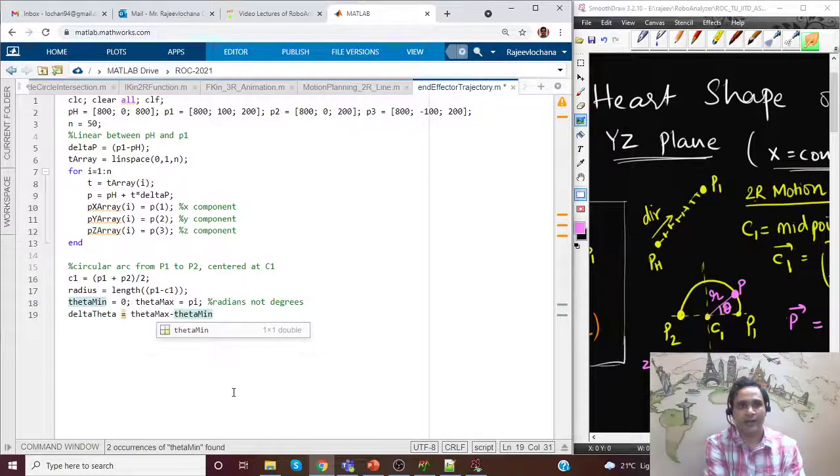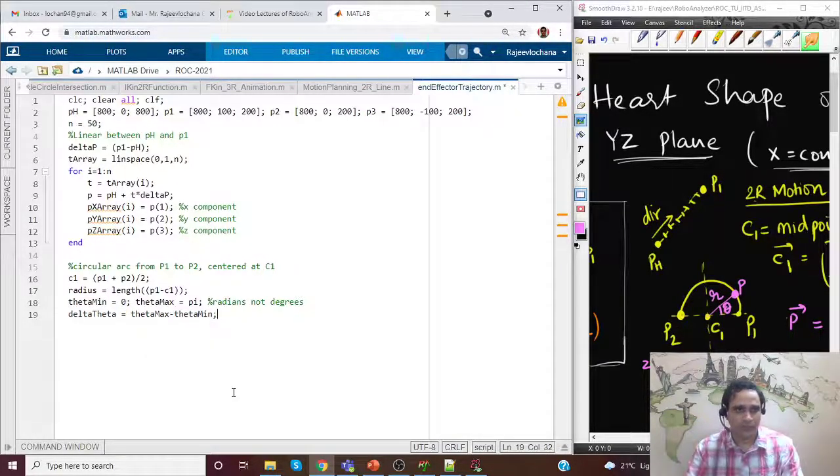Okay, let it be this way, because we'll just use similar to what we have here. Linspace delta theta.